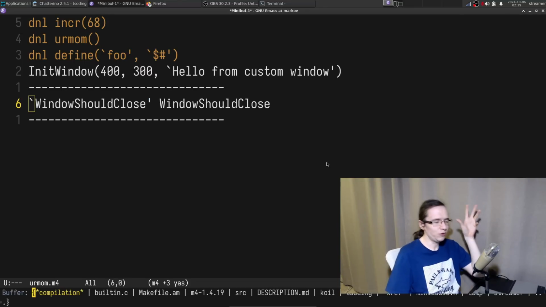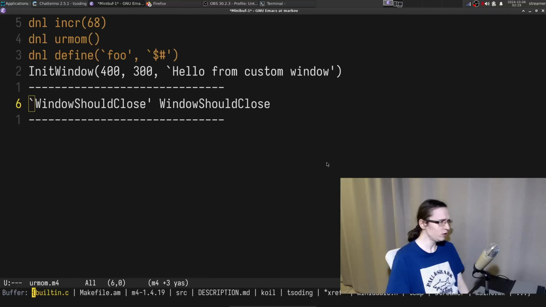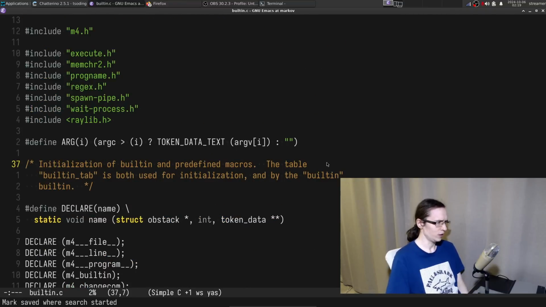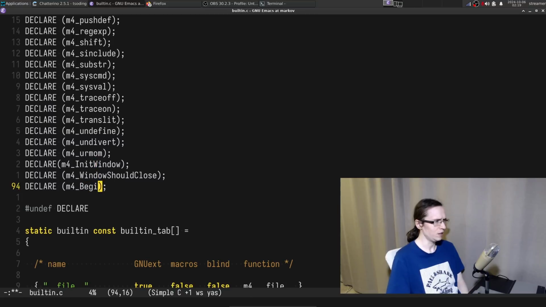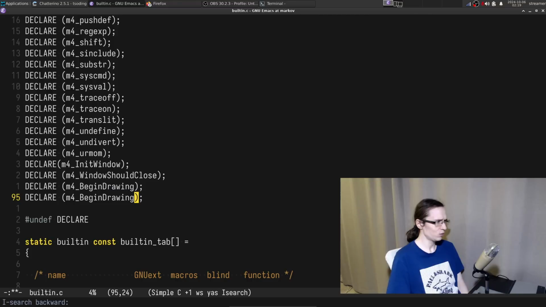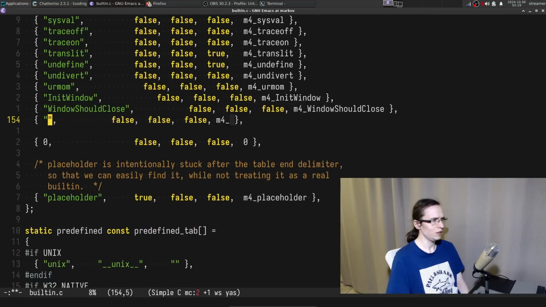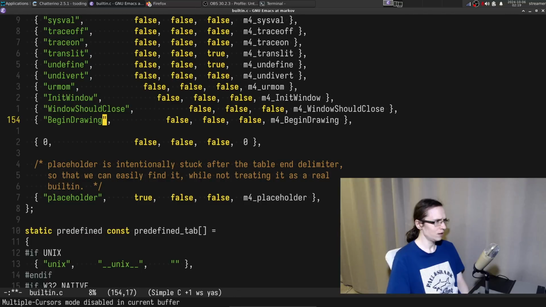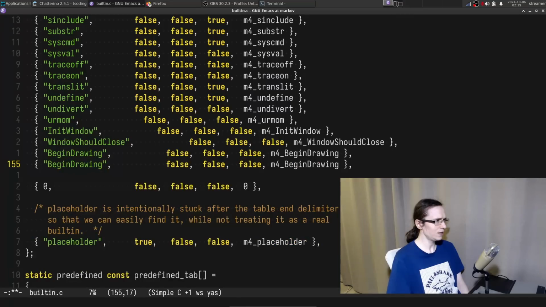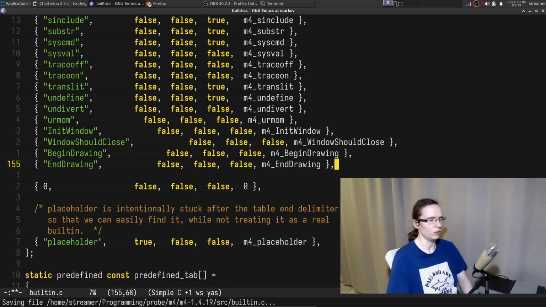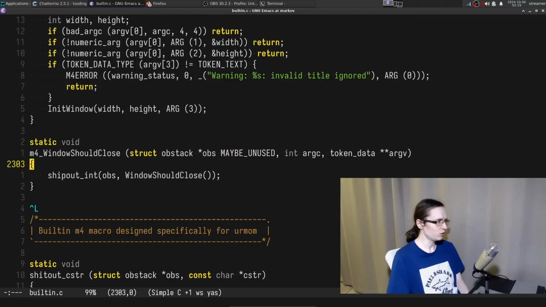But one of the things you have to do throughout the loop of Raylib is constantly call begin drawing and end drawing because it does the buffer swapping and stuff like that. So we need to create the bindings for those things. Init window, this one is going to be begin drawing, and this one is end drawing. Let's actually add all of these things in here.